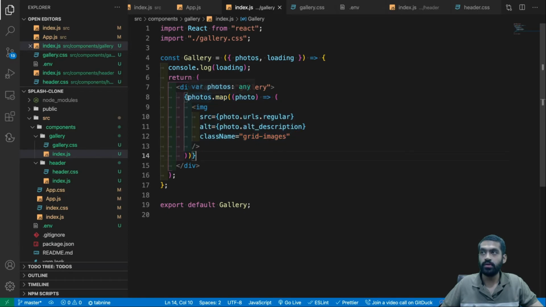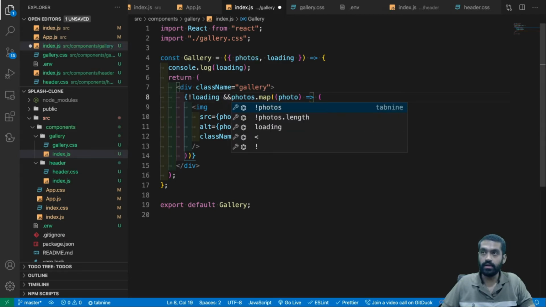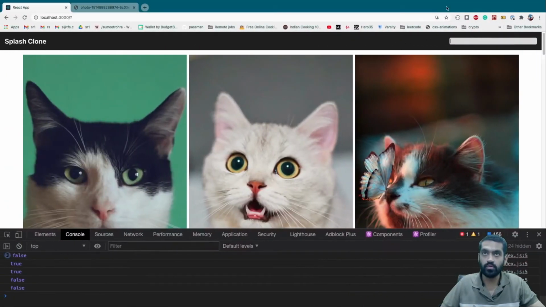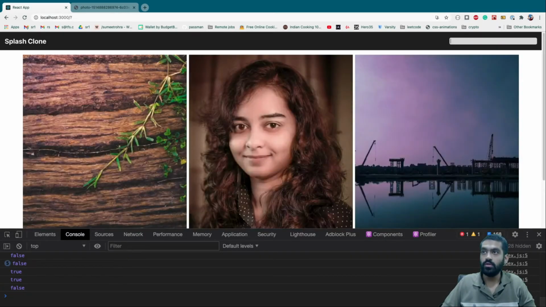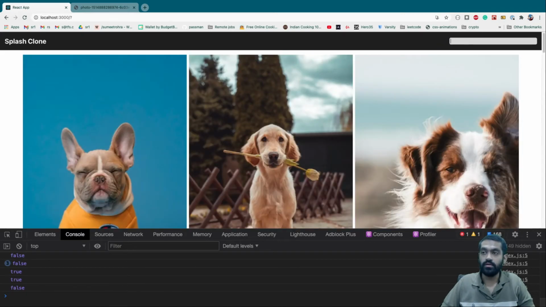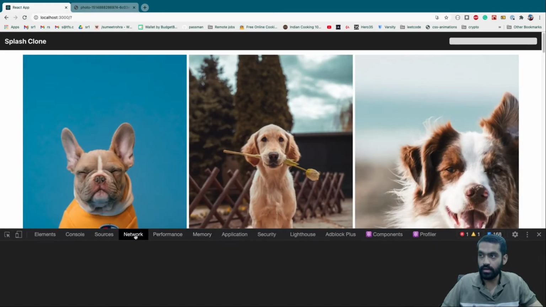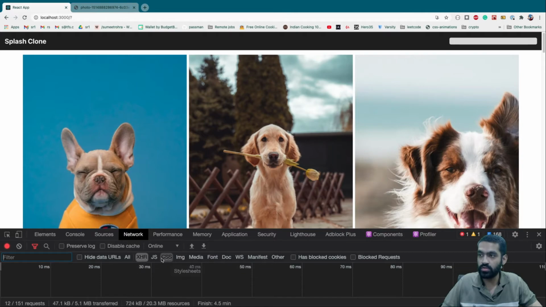So here maybe, yeah, let's do this. Okay. If not loading and then photos, we'll show the photos. So let's do dog. Okay. Spelling mistake. But okay, let's throttle our network to show what's going on here.